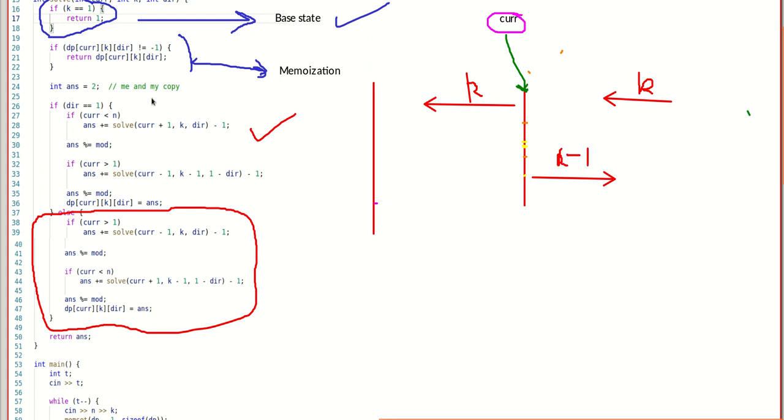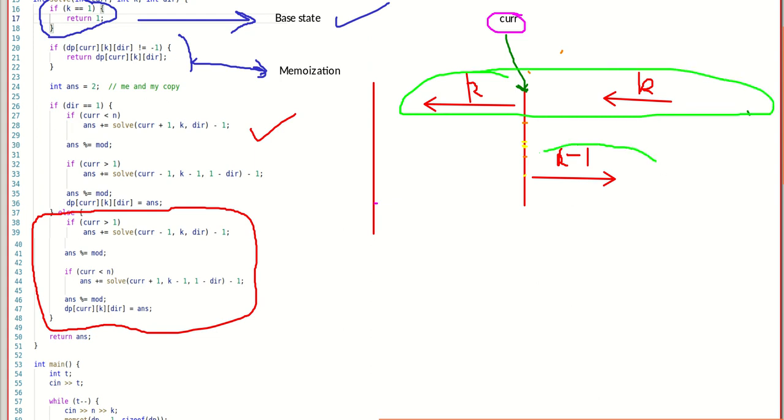So these are our two particles. One is the full trajectory, and this is the second one. For this case, if current is greater than 1, that is, it is not my first plane, then this particle will strike over this plane. Now this will be current minus 1 because my particle was moving toward left. So I will call the function for current minus 1, and decay age would be the same as it is the same particle, and direction is also the same because it is also moving left. And the minus 1 you already know, we saw above also. So this is this case.